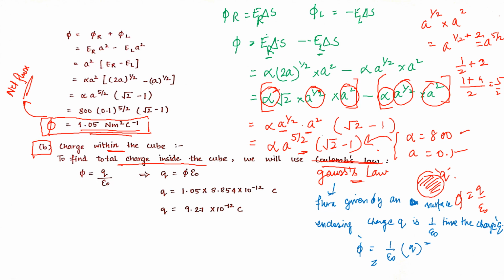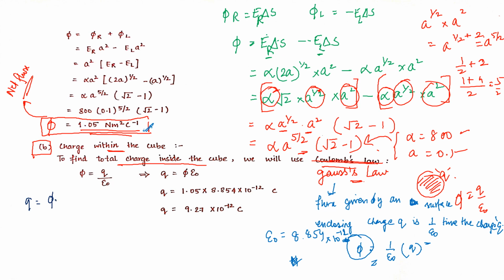From the previous equation we got the value of the flux, and we know epsilon naught has a static value. It's not a changeable value. It has a static value of 8.854 into 10 to the power minus 12 coulombs. It has these units in the opposite way of the units of flux. So from xi equals 1 by epsilon naught into q, what is the unknown quantity we need to find? Unknown quantity is q. So q will be equal to